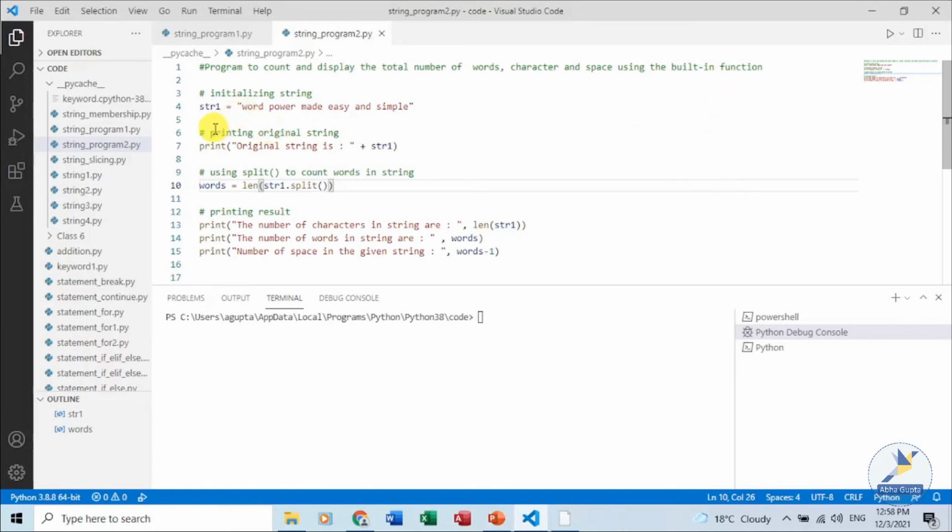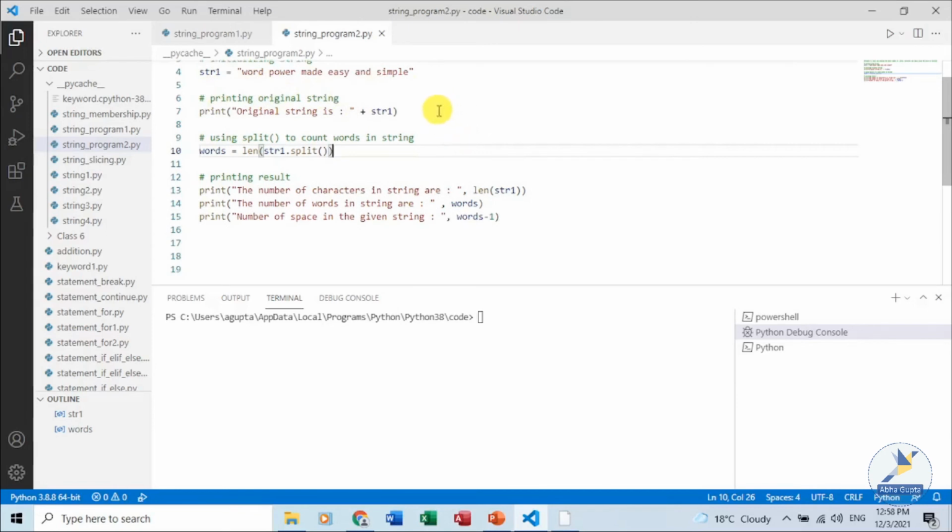So if we have a string, word power made easy, assigned to str1, and we are trying to print the original string, and then using the split function which breaks a string into a list of substrings based on a separator character, and by default that separator character is a white space.